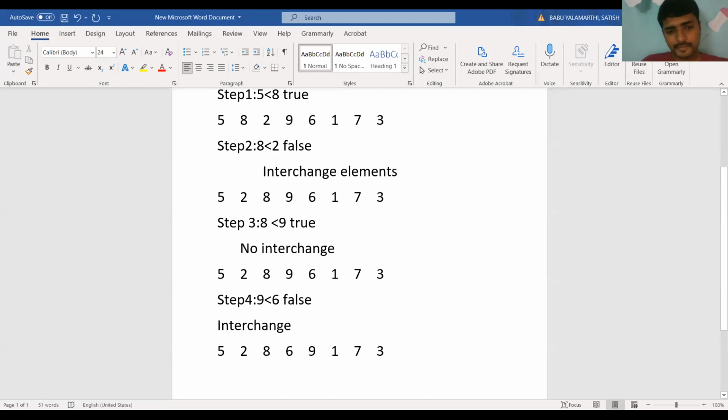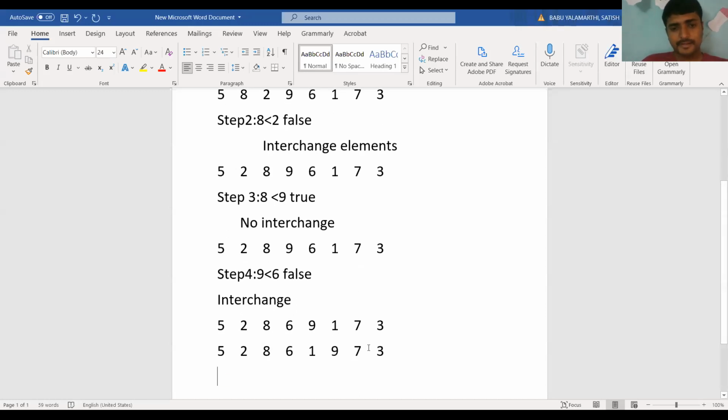Next step, we compare 9 and 1. 9 less than 1. The condition is false, so we have to interchange the elements: 5, 2, 8, 6, 1, 9, 7, 3.